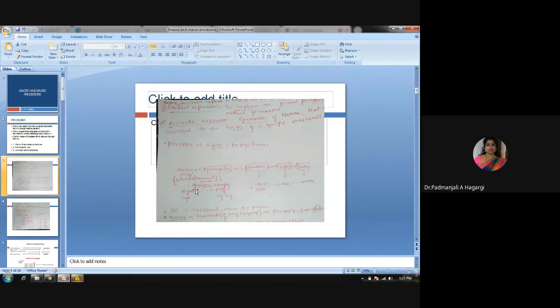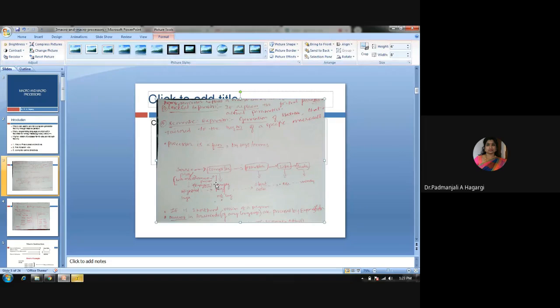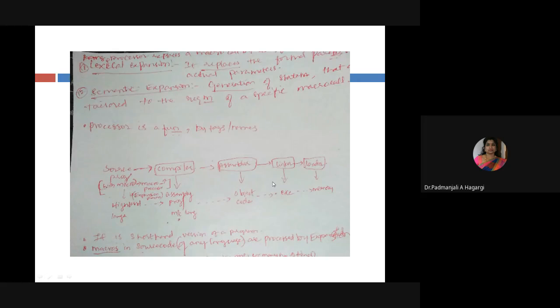If you go back, as we have studied in the previous class, this I have taken from my notes. I have just kept here the screen snapshot. I'll just make the slide view. Okay. So if you go back, whatever we have studied so far about compilers was not in detail, because it is a separate chapter after macros.